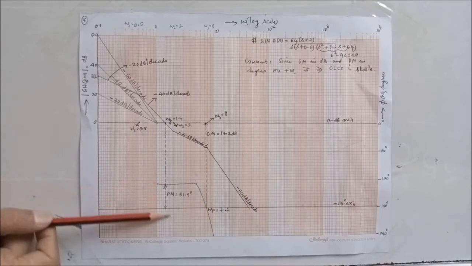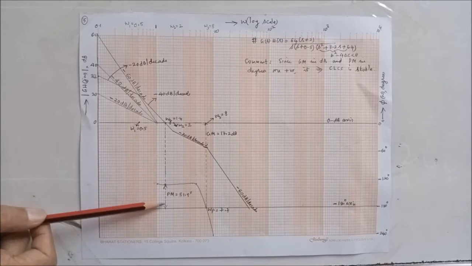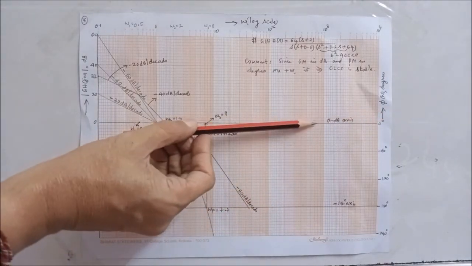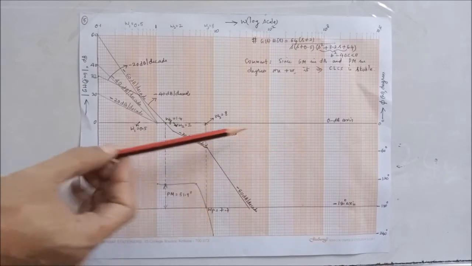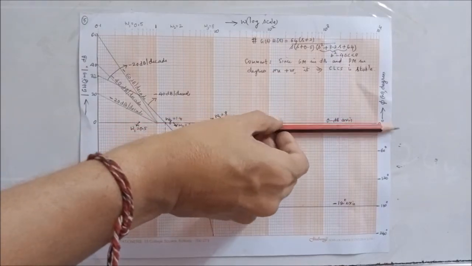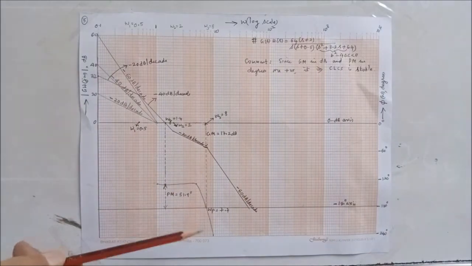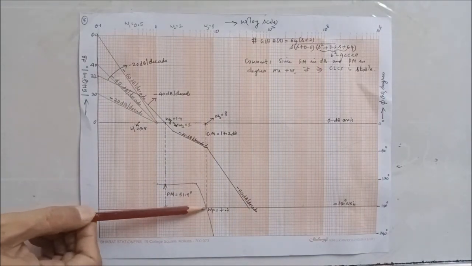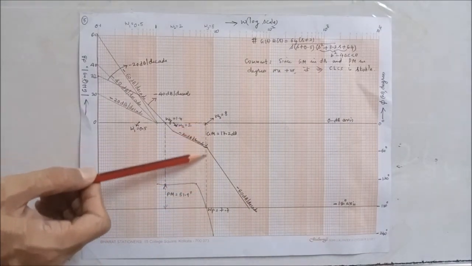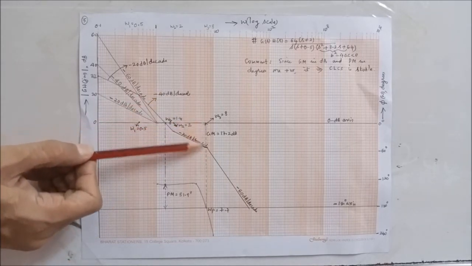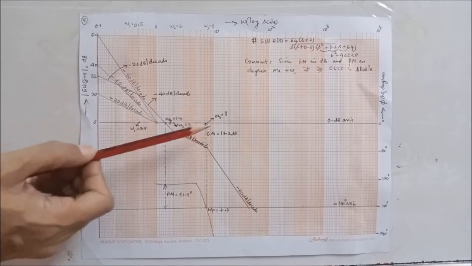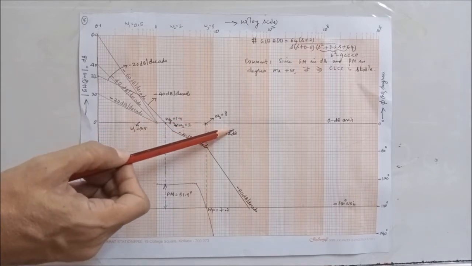Count the number of divisions, multiply number of divisions by 6, because each division represents 6 degrees, you will get plus 51.8 degrees. Gain margin is negative above 0 dB axis, positive below 0 dB axis. It is always measured with respect to 0 dB axis, and it is measured at omega p. At omega p, drop a perpendicular onto the magnitude diagram. Measure this intercept. Measure number of divisions and multiply those divisions by 2. That gives you 17.2 dB.